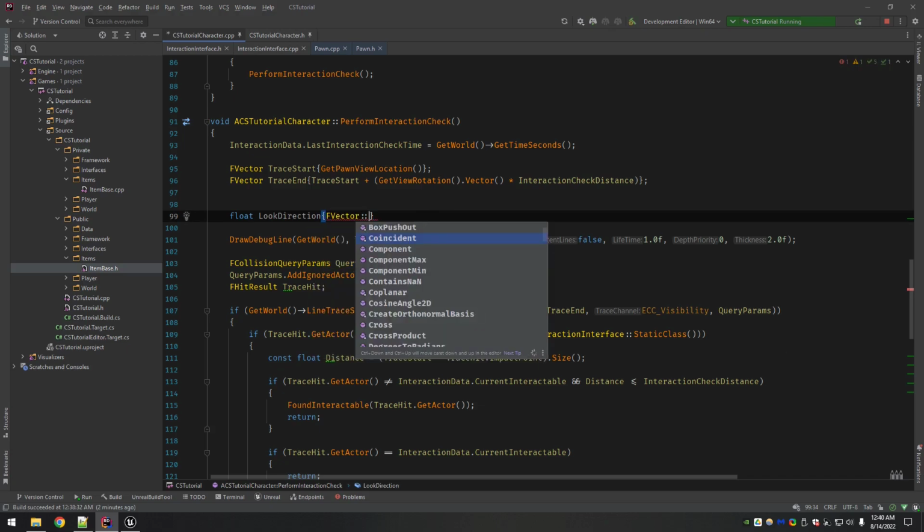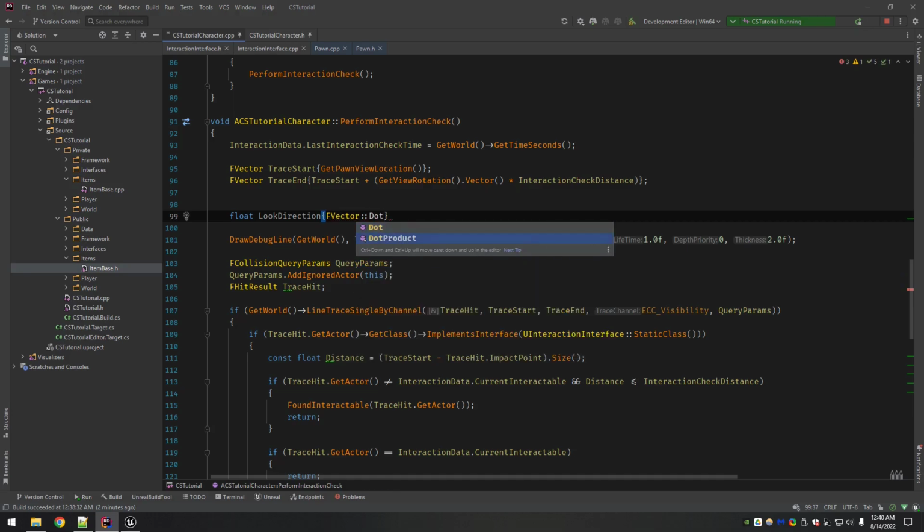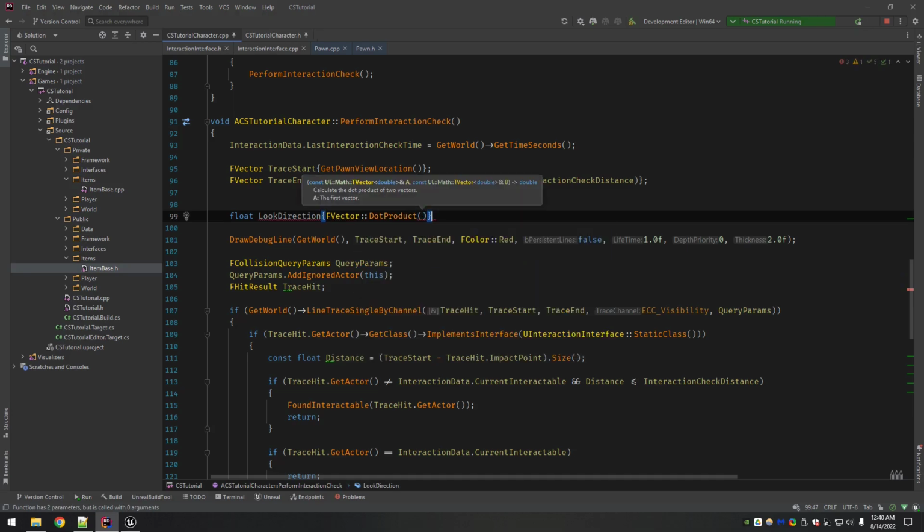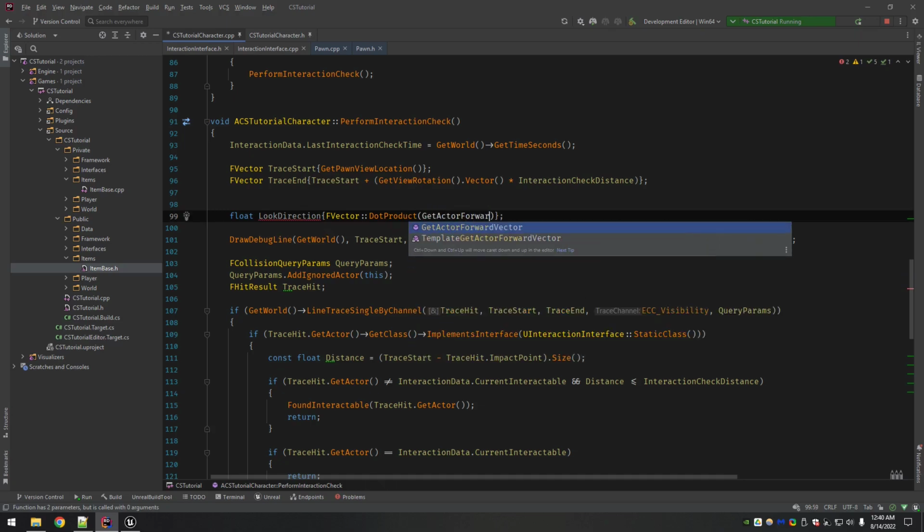We're going to use the dot product function in the FVector class, and what we're going to pass in is GetActorForwardVector.